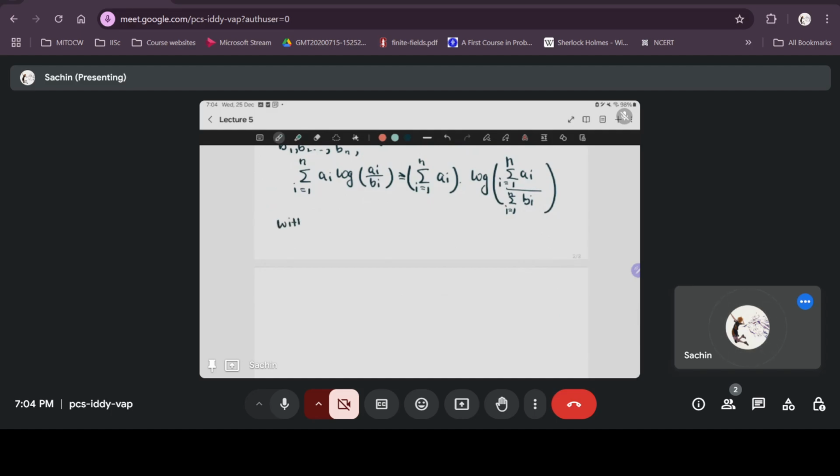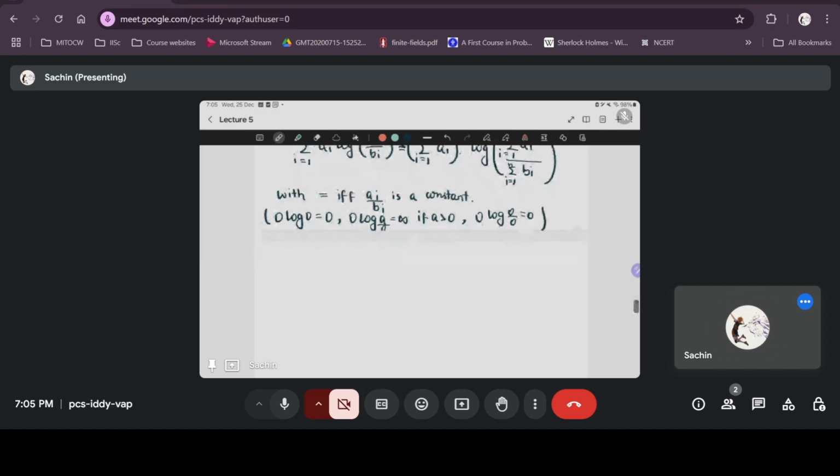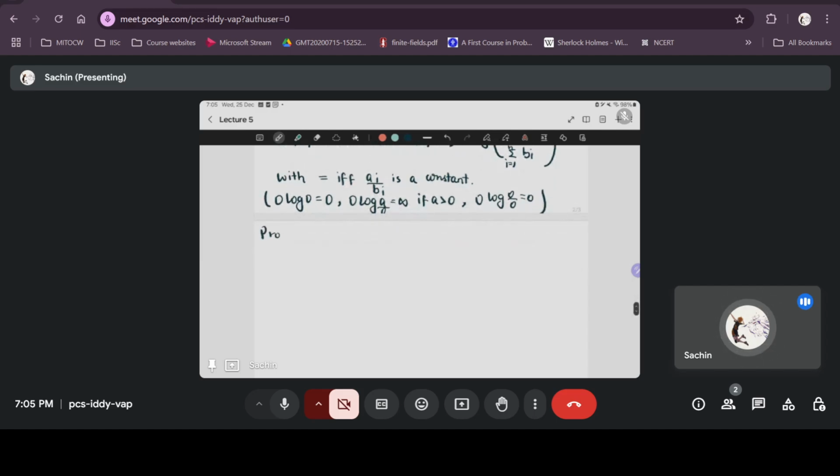With equality if and only if ai over bi is a constant. We follow the general convention 0 log 0 is equal to 0, 0 log a over 0 is infinity if a is a positive number, 0 log 0 over 0 is 0. With that convention, we can